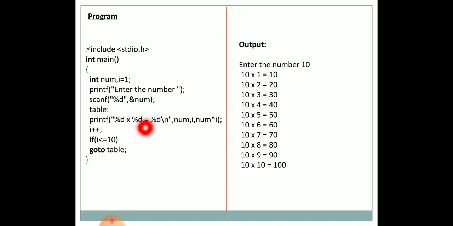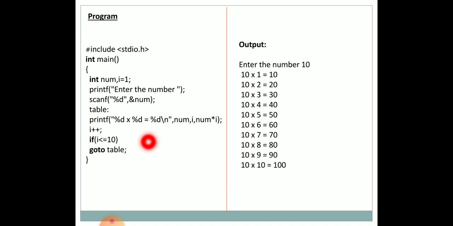equal to is also given within the double quotes. So equal to will also be printed as such. So the first %d specifies the value of num, that is 10 into, the second %d specifies the value of i, that is equal to 1.